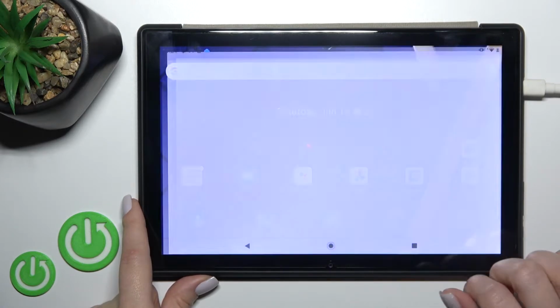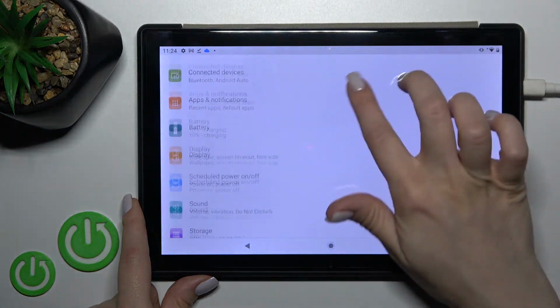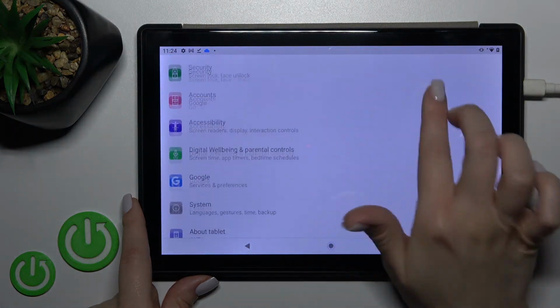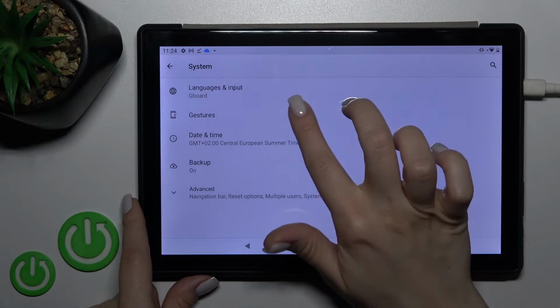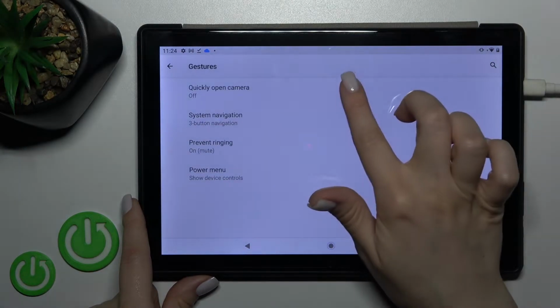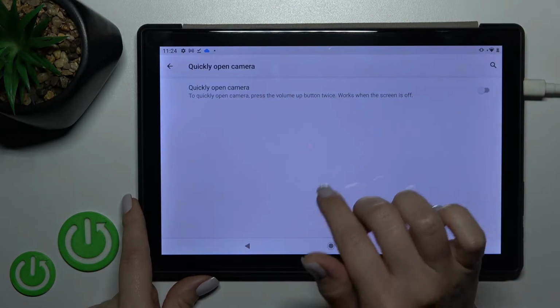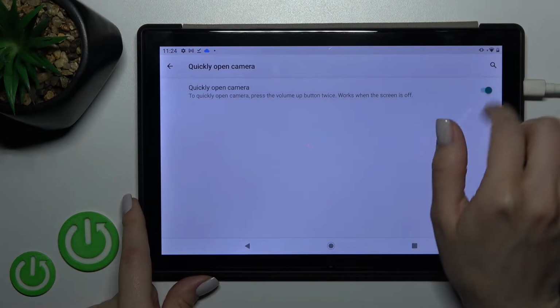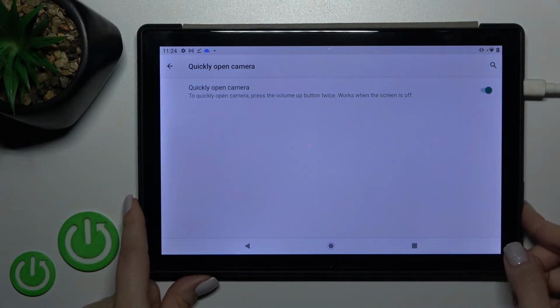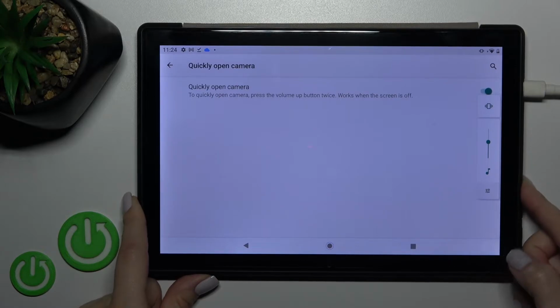button, we should launch the settings application and then scroll down to the system section. After that, tap on gestures and click on quickly open camera. To use this feature, click once on the switcher and now by double pressing the power key button